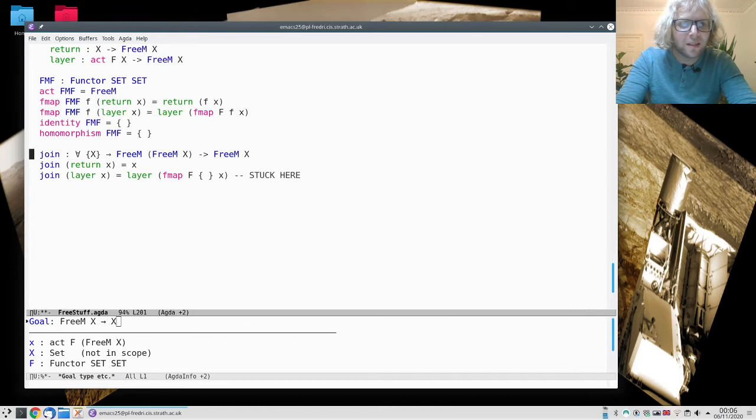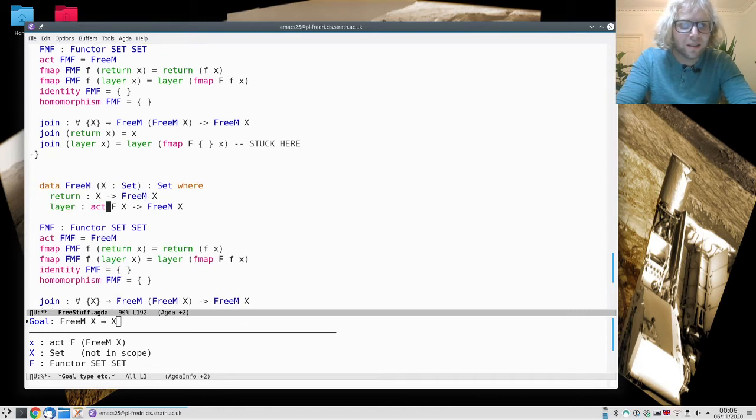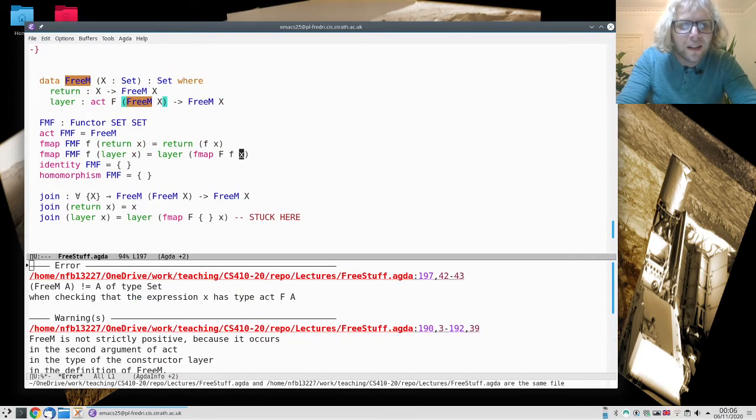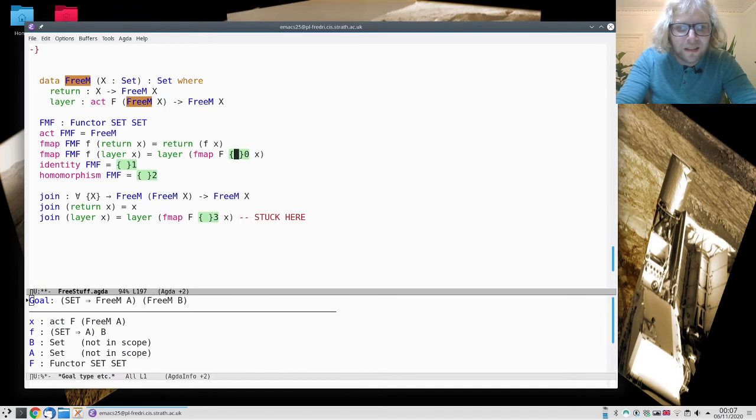But this time I'm going to say that rather than having an x directly here, because I can always get an x by doing return, like the unit, I'm going to have another layer of free monad inside this f. I get some errors. Let's first fix this up. Here the problem is that we now go from the free monad away, so this is another recursive call,